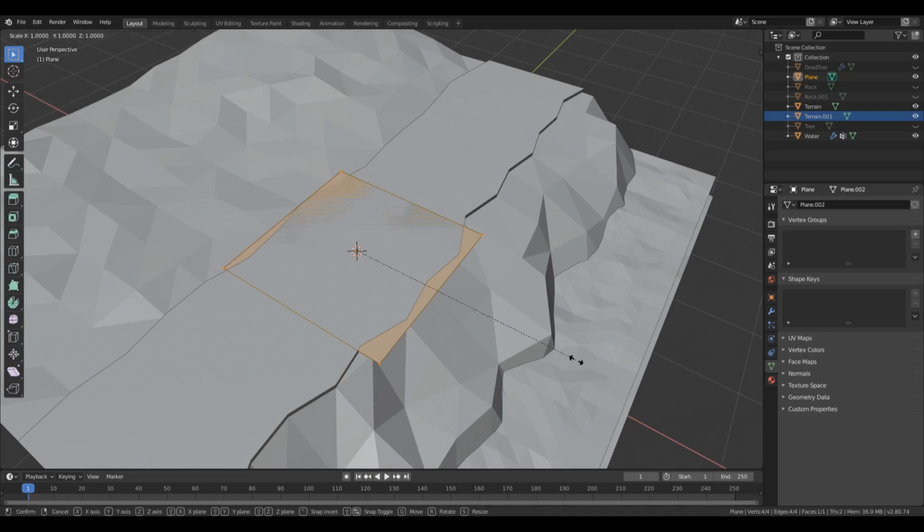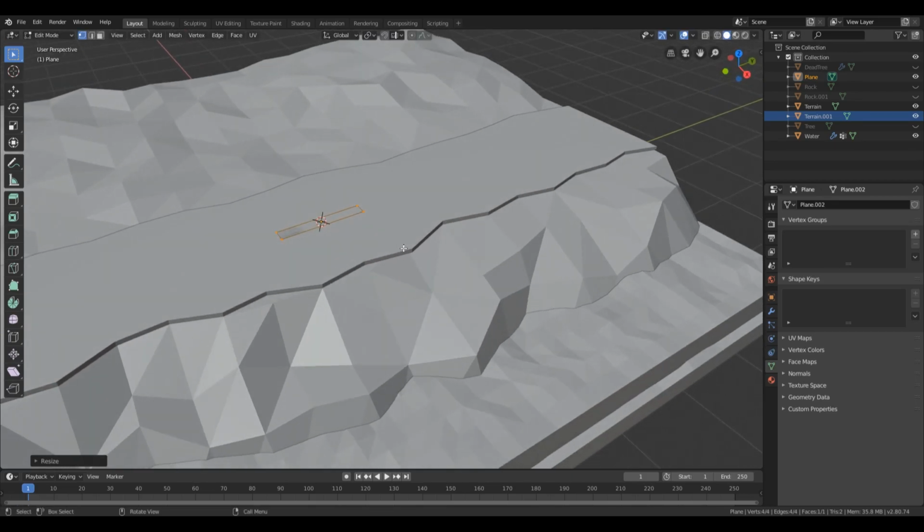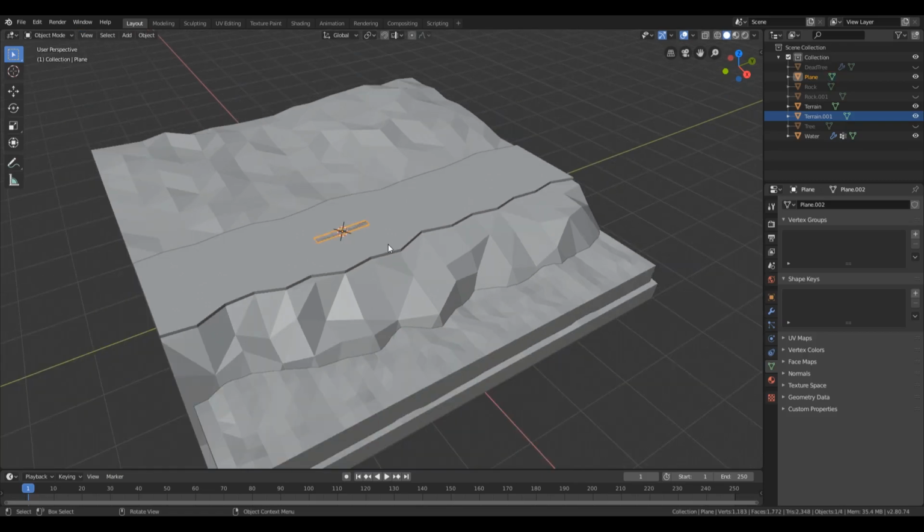So press S to scale, and then X on the X-axis, and yeah, just right about there to create a line. And then we can scale it on the Y as well, so press S and then Y, and I think this will look nice as a line. Okay, now tab out from the edit mode,